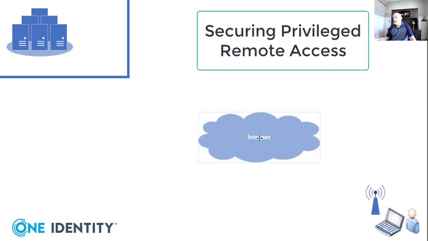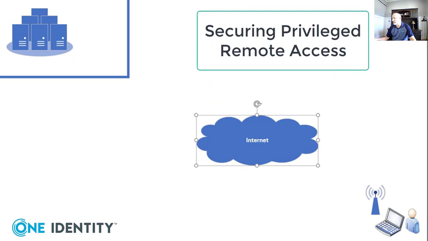So I'm going to connect my remote administrator to the internet via access point, which is typically the way we do it. We all have our Wi-Fi hotspots at home, or this could be sitting in a coffee shop somewhere connected to the coffee shop's Wi-Fi. Now that Wi-Fi is providing us access to the internet, but the internet is actually providing us access to that